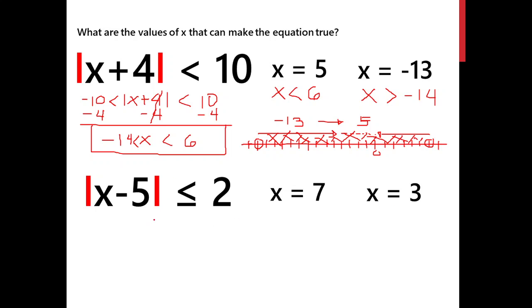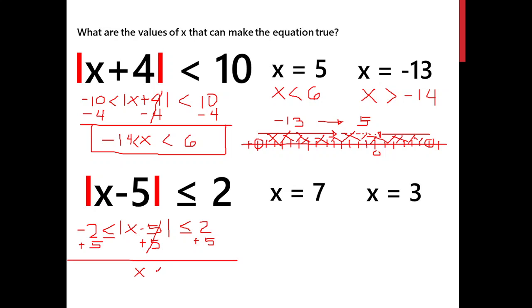Now let's try to solve this one algebraically. Again, I'll copy the statement, less than or equal to 2. I'll copy the inequality here and the negative of the constant. Again, I'll use the additive inverse to solve for x. I'll add a positive 5 also here and a positive 5 here. Negative 5 and positive 5, that is 0, so what's left is x. I'll bring down the inequality. 2 plus 5, that is 7. I'll bring down the inequality also here. And then negative 2 and positive 5, that will give me positive 3.